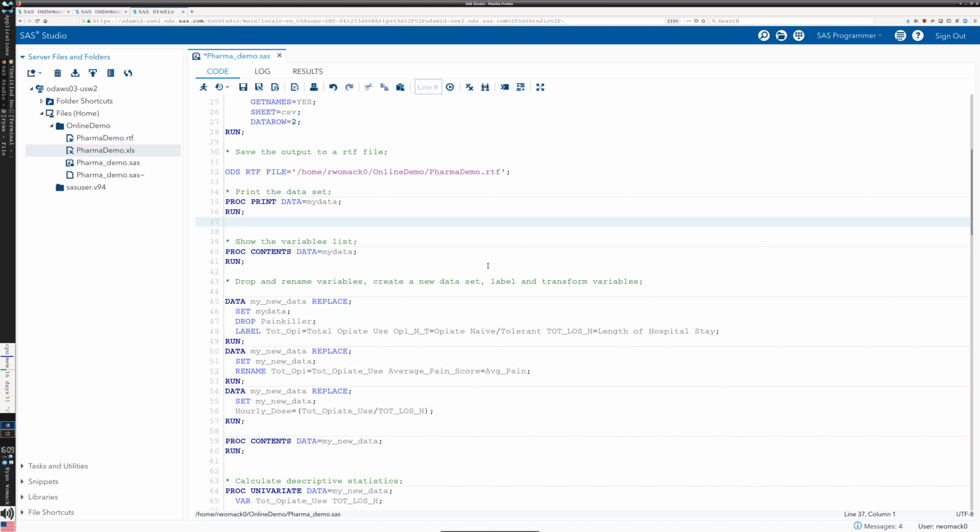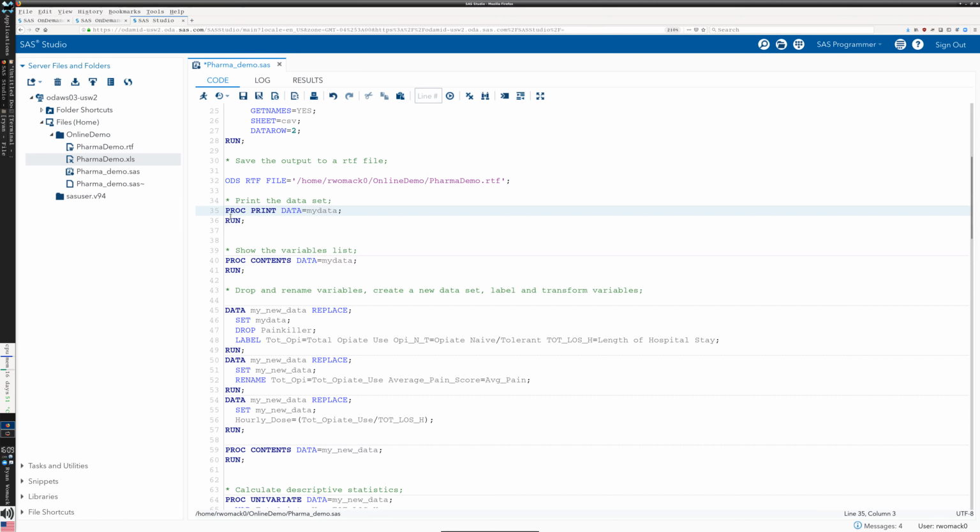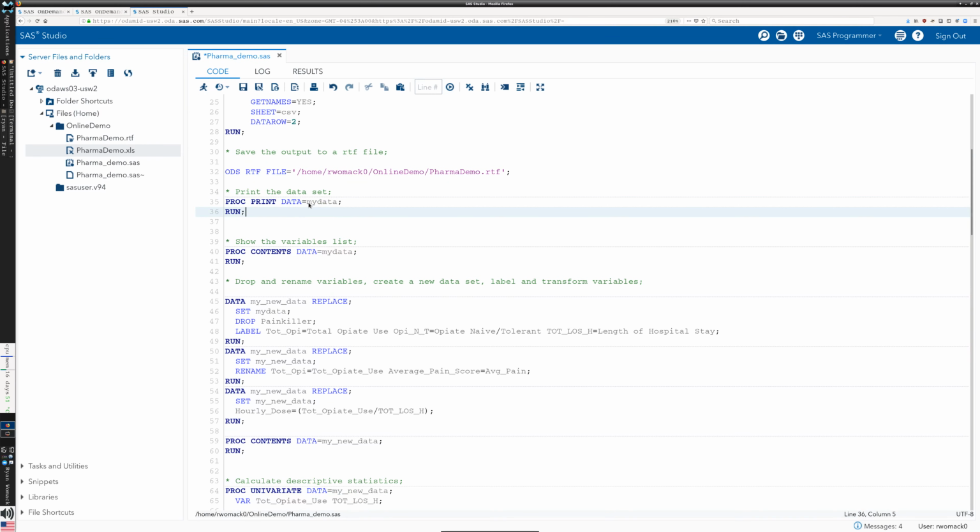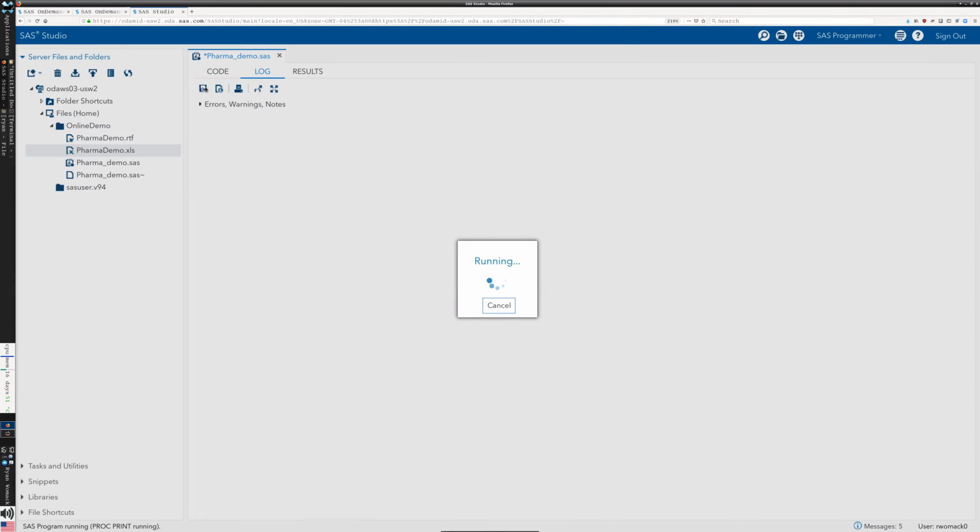Now, lines 35 and 40 are fairly straightforward commands to simply display the output of your data. If I do line 35, this is a procedure, proc print. It simply prints out the entire data set. And which data set is it going to be? It's going to be my data. So proc print data equals my data. If we run that,